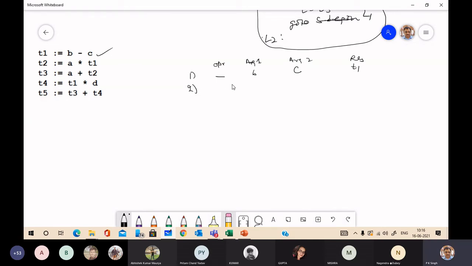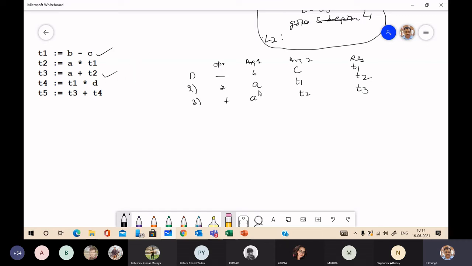Second, multiplication: A, T1, and the result is T2. Third is again plus: A, T2, and the result is T3.